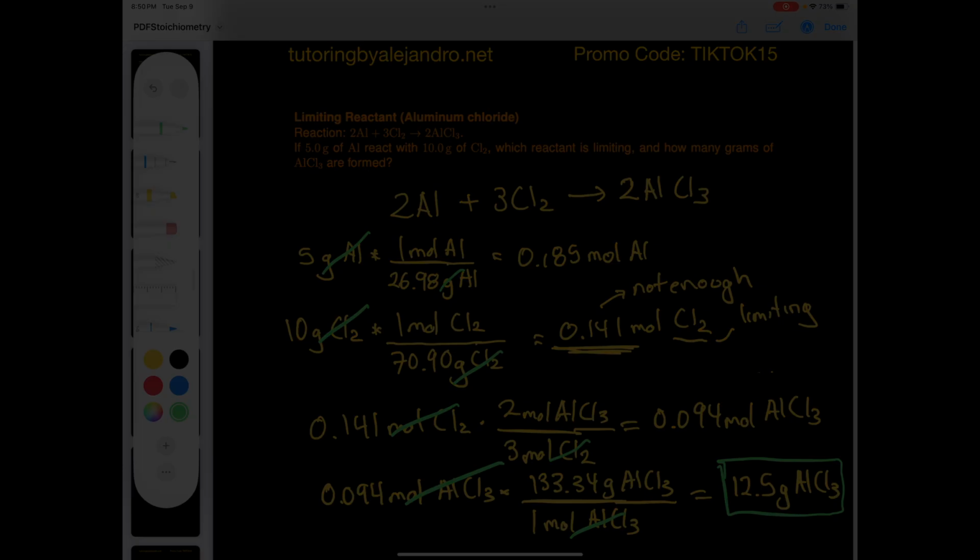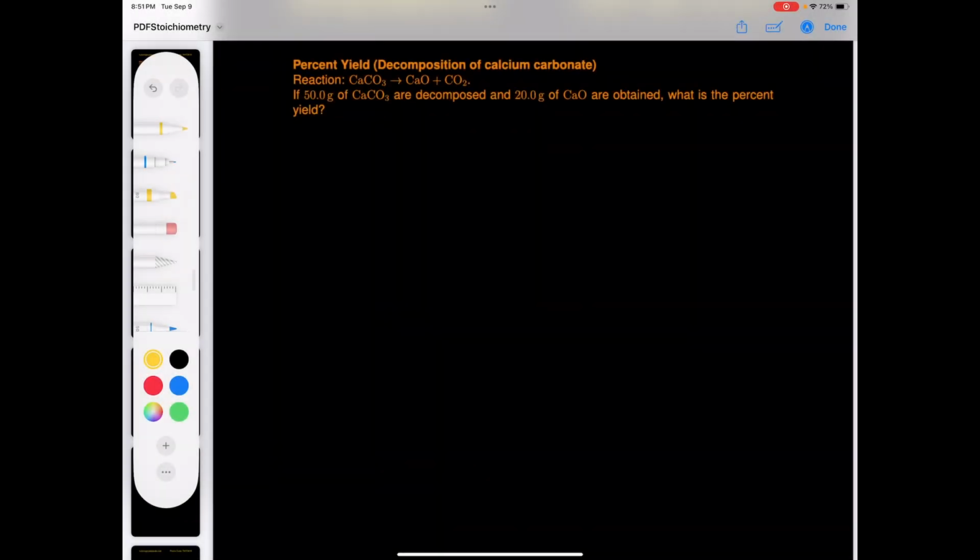Okay, moving on. Okay, this is our final exercise for the day. So we have the reaction calcium carbonate produces calcium oxide plus carbon dioxide. So let's write that down. Okay, great. If 50 grams of CaCO3 are decomposed and 20 grams of CaO are obtained, what is the percent